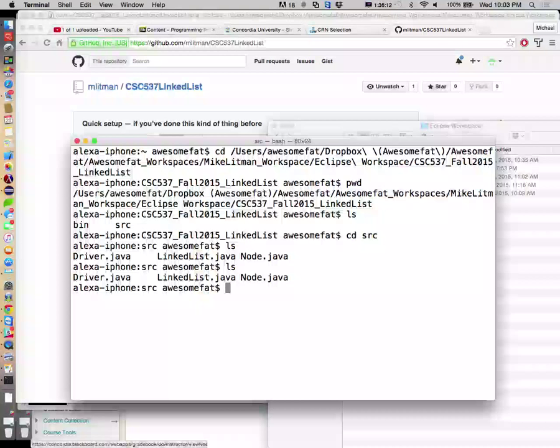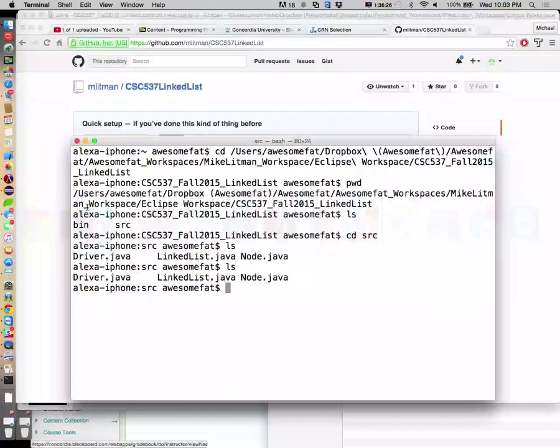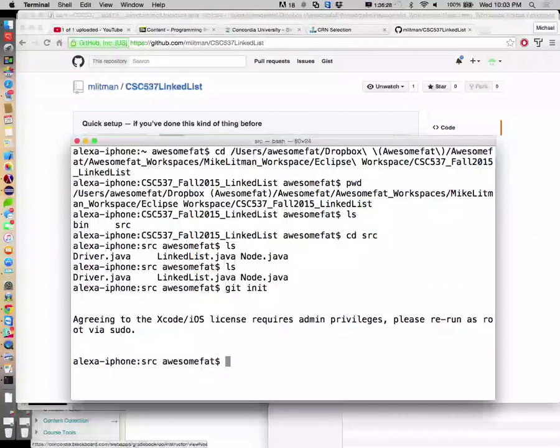And then we're going to go ahead and create a Git repository. All the commands are listed right here. Git init. I never do the README thing, so you can skip that. But let me just show it to you here. I'll grab this command. So this is git init. That will create an initial Git repository in this, let's see.